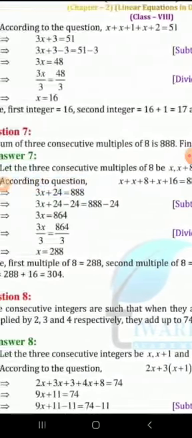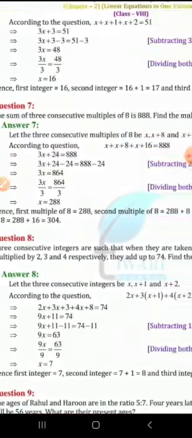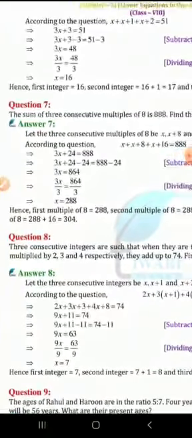So next it is about integers only, 3 consecutive, but it is a little different format. Let us try to understand. The sum of 3 consecutive multiples of 8. Multiples of 8 means table of 8. We know 8 ones are 8, 8 twos are 16, 8 threes are 24, like that. So 3 consecutive multiples are there, one after the other, but they are not just integers, they are multiples of 8.